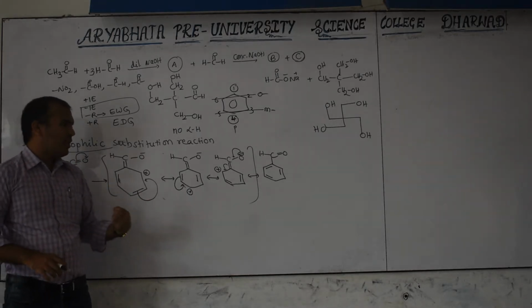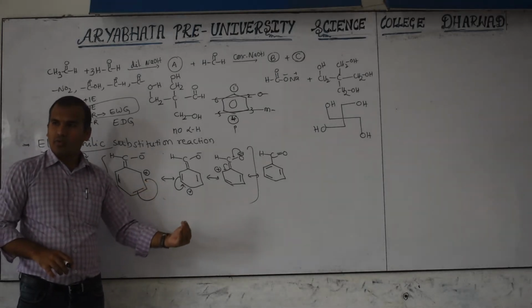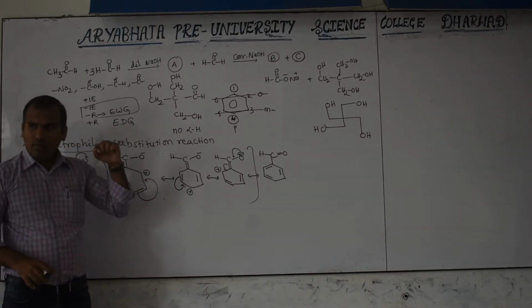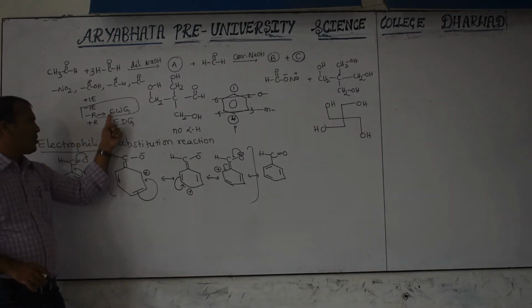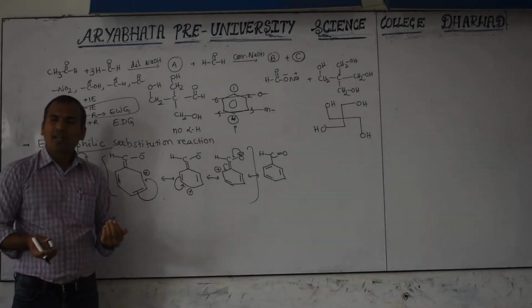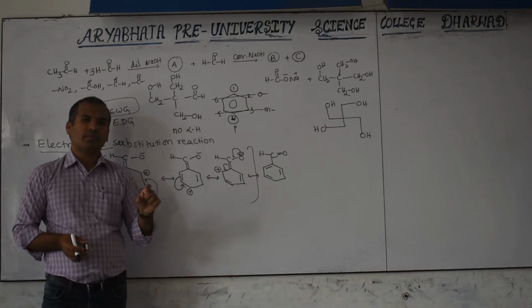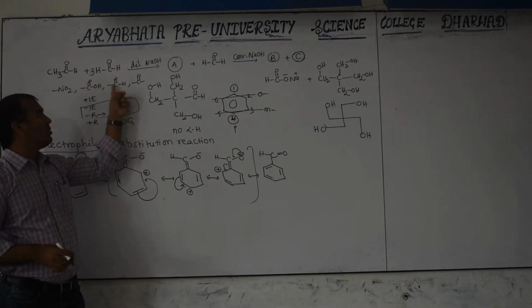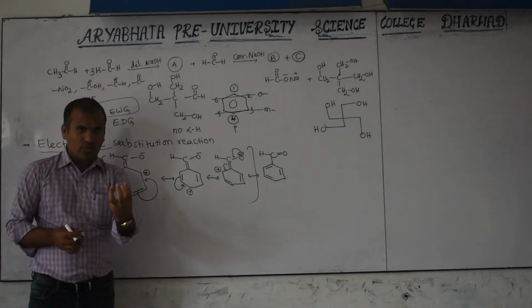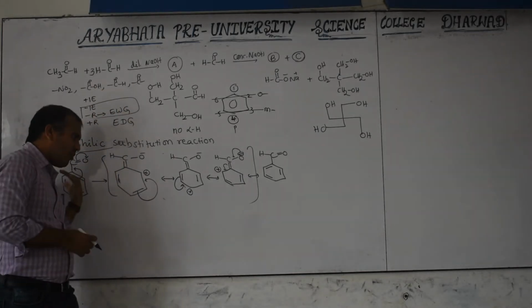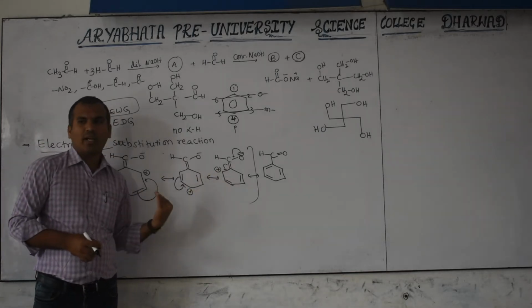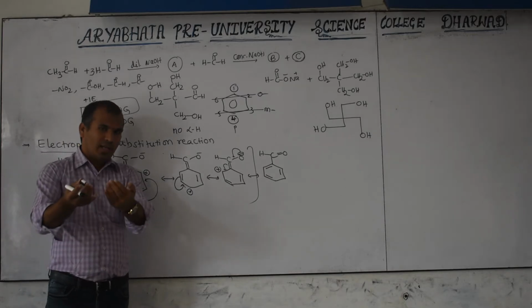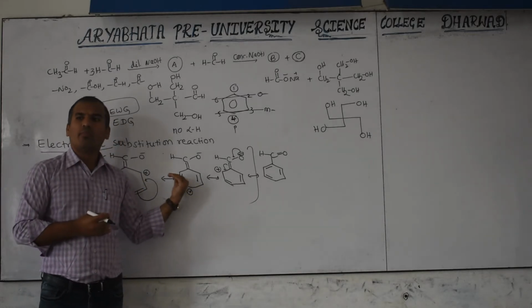But we have to think a little bit here. Electron density is present compared with the ortho and para positions. Therefore, when electron withdrawing groups are present on the benzene ring, an electrophile can attack at the meta position. Keep in mind, only that. If NO2 group or any electron withdrawing groups are present, then always we will get the positive charge at ortho and para positions, but not at the meta position. Therefore, the incoming electrophile bonds at the meta position.